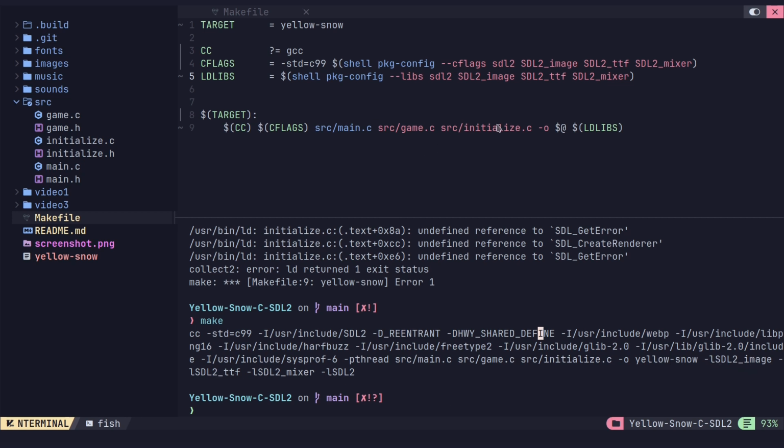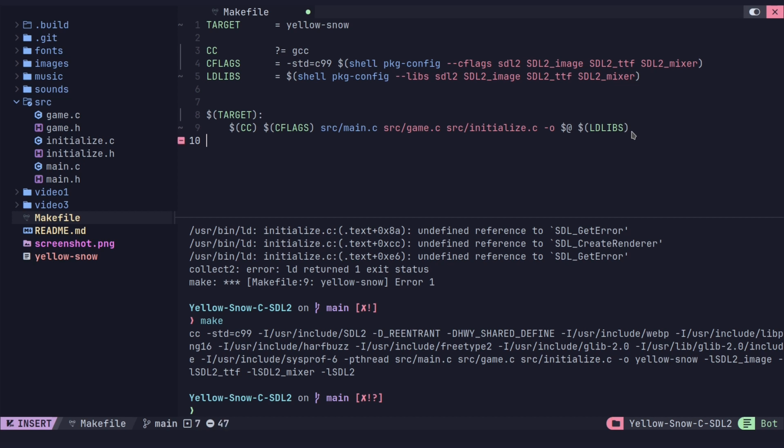Okay, so now let's talk about phony rules. This is called a rule, and usually rules are building a real file, but we can have what's called phony rules. We want the same kind of functionality as a rule, but we're not actually building a specific target, or we're building something that is defined somewhere else. So phony,